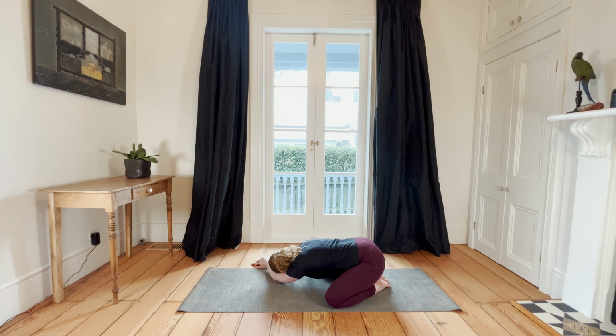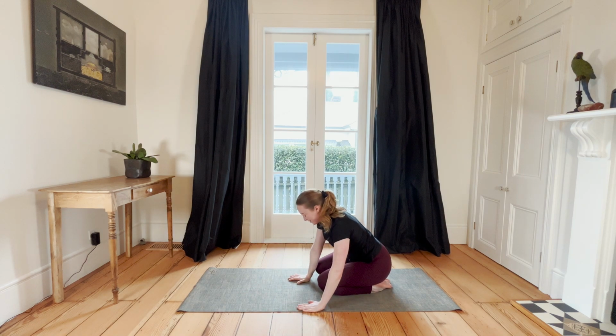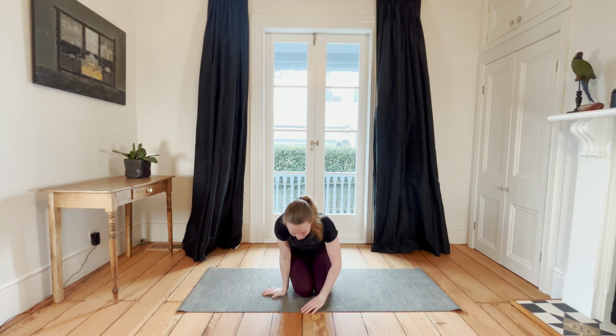2 more breath cycles here. And last one, breathing in, feeling that left side of the rib cage expand. Breathing out, letting the tension go. Bring your hands back to the center, come up into a seated position, and just check back in with your